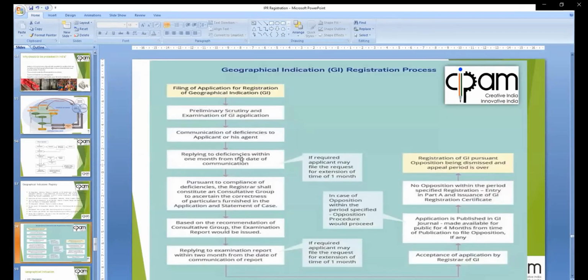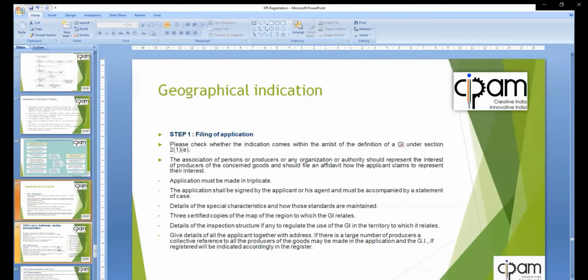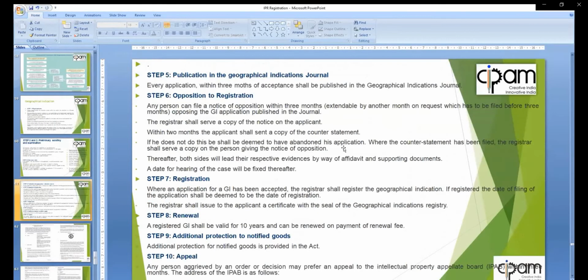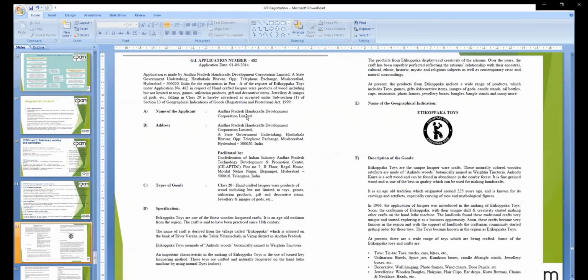If you see the detailed process, I have already explained. It is here. Once again, the step of filing I have explained in detail, starting from step one, step two. Now let us look at a geographical indication file. This is a journal copy of a final publication which has been done after acceptance. It is Etikoppaka toys of Andhra Pradesh. The Andhra Pradesh Handicraft Development Corporation Limited is the applicant on behalf of the artisans who are making these Etikoppaka